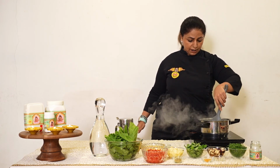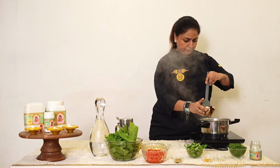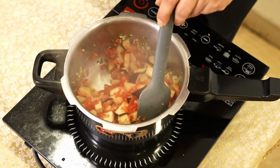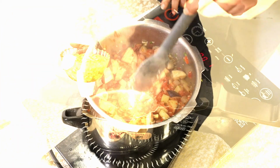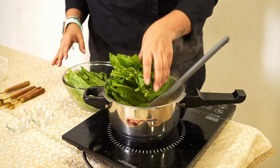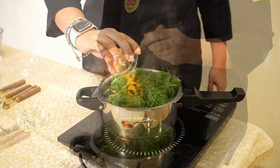Once this is cooked a little, I'm going to add in my potato, brinjal, I'm going to add in the soaked Chana Dal. Next goes in my palak or spinach leaves, my methi or fenugreek leaves, the dill leaves, some coriander powder, turmeric powder, Vaidehi Hing